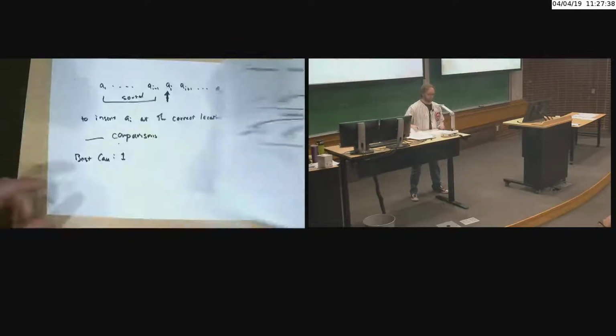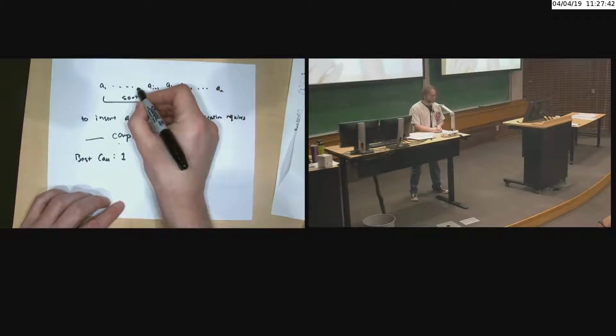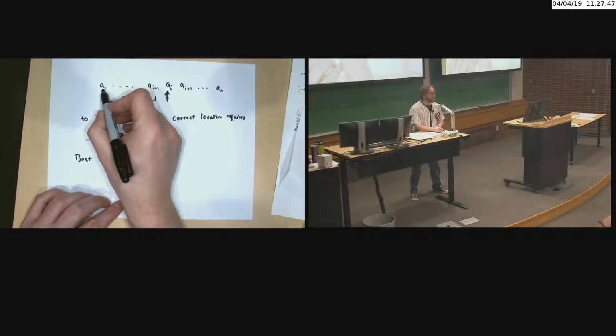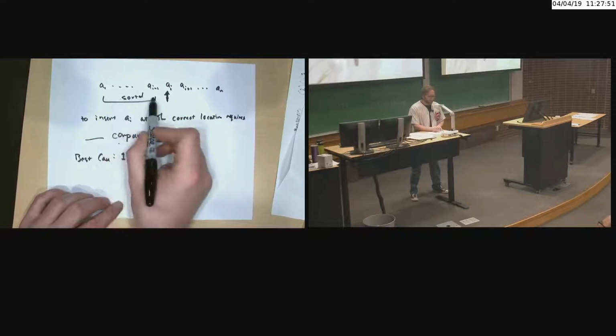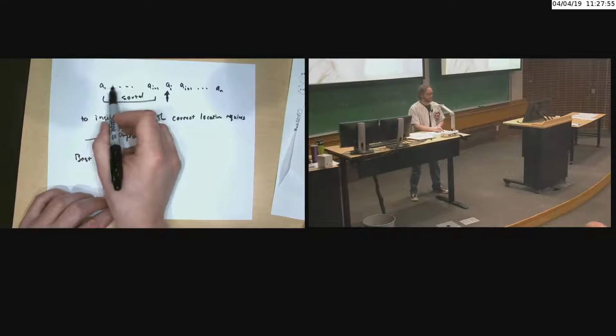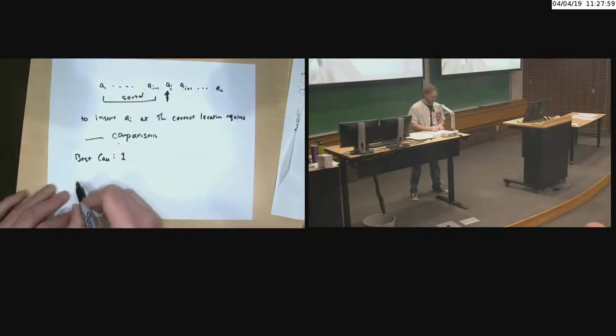Like, say, with 7, where we had to move it all the way back down. I would have to compare a sub I to a sub I minus 1, a sub I minus 2, a sub I minus 3, dot dot dot, all the way to a sub 1. So in this iteration, how many things are in this sorted list right here? There's 1, 2, 3, 4, all the way up to I minus 1. So worst case